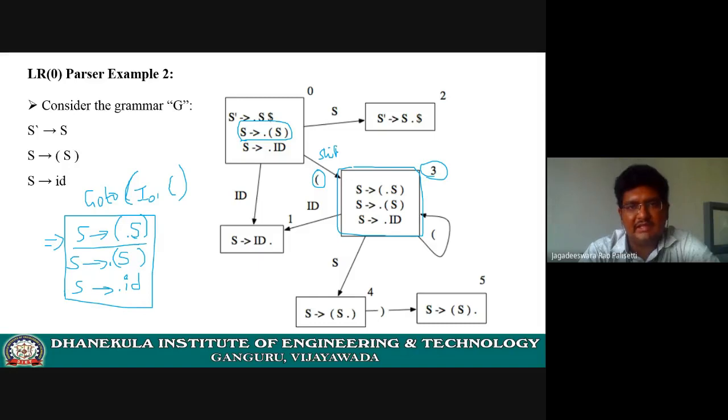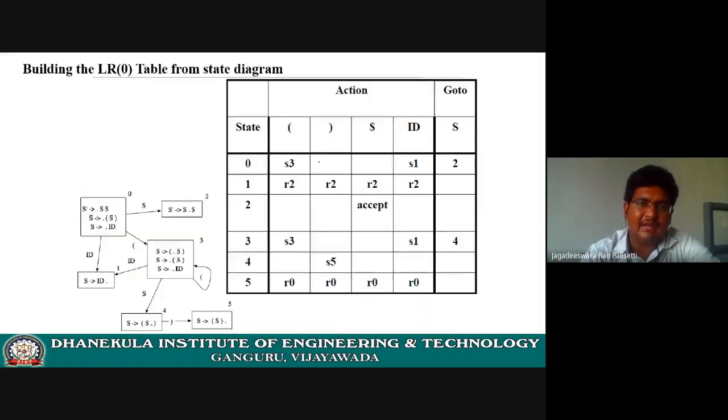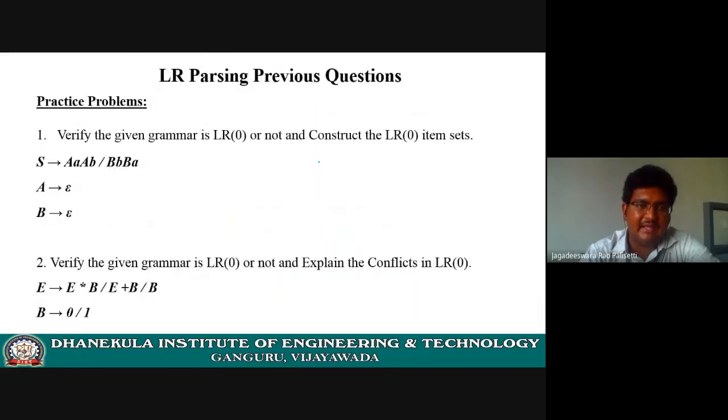As you already saw in the example, we have to write it on the arrow itself so that it is helpful for you at the time of creating the table. So what do I have to do here? The shift action has been performed. That's what is given here in our algorithm.